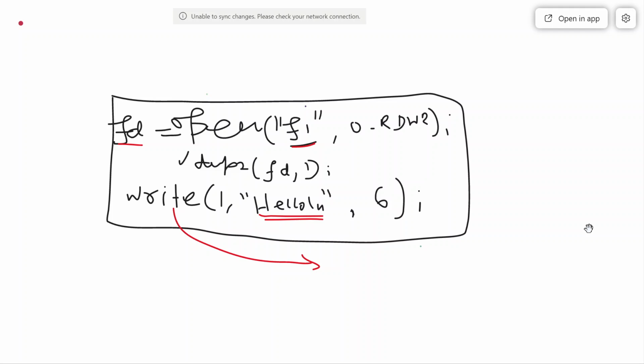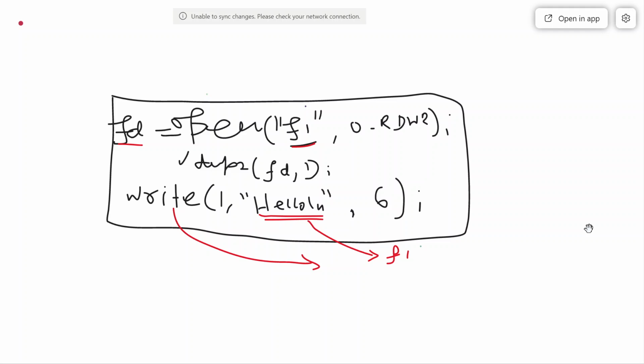Sir, maybe FD file 1, sir. What do you mean by FD file? File 1, sir. File F1. Okay, so this is file F1. So this content will go in file F1.